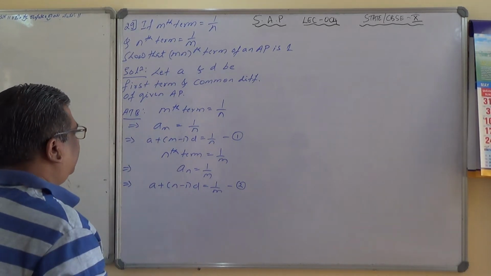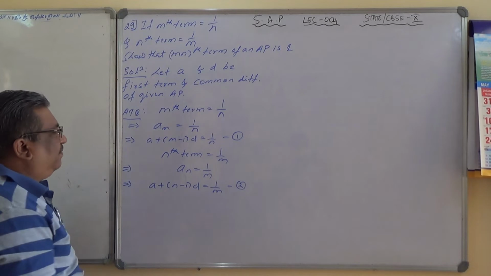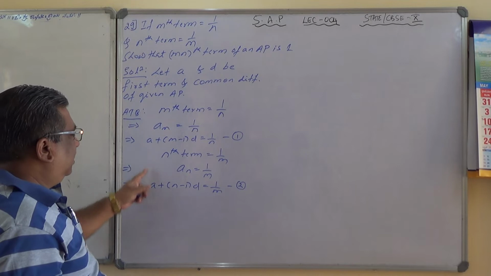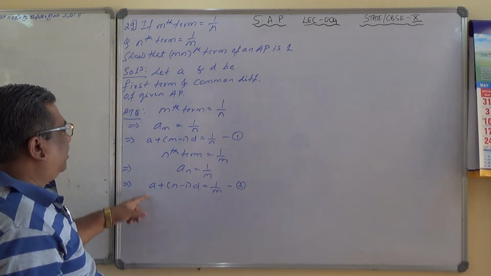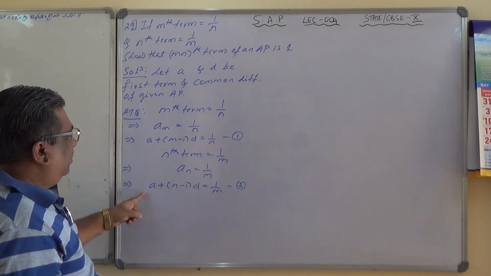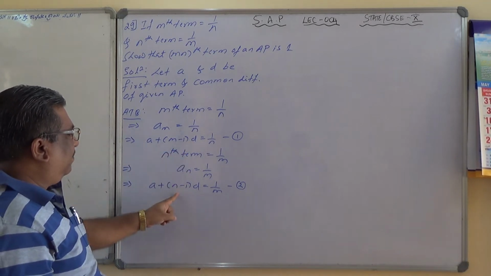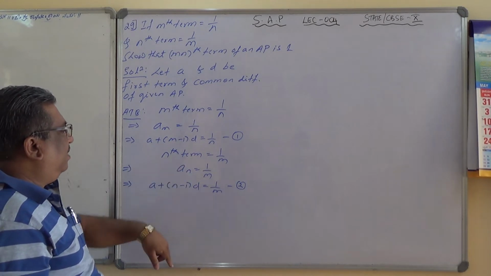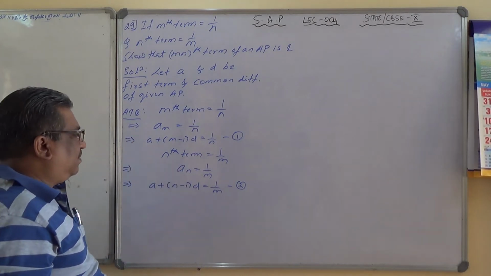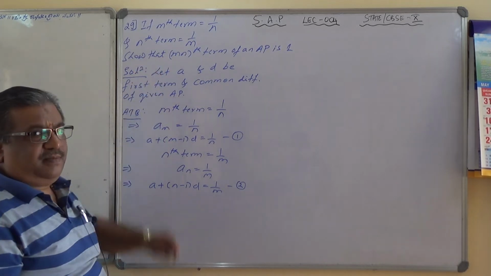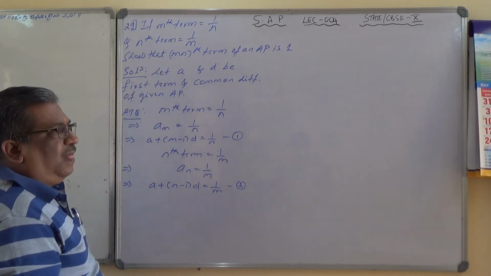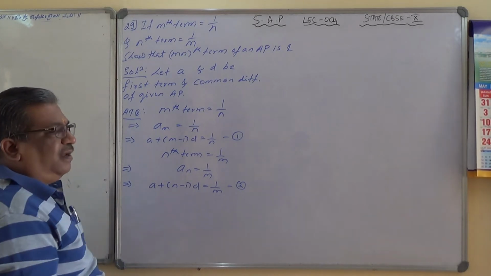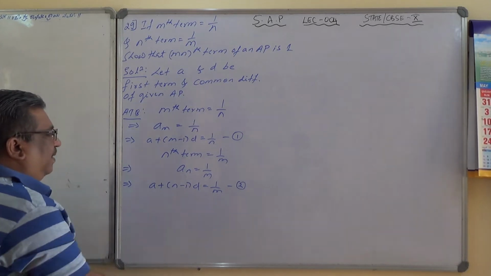Now what I will do here, in order to find out the common difference, I have two equations here, this and this one, and by elimination is it possible to remove a here and get d in terms of m and n? It is possible. So let me find out d here in terms of m and n. After that, let me find out a also in terms of m and n, and the mnth term is nothing but a plus mn minus 1 into d. So if I substitute the a and d values there, it is possible to find out. So let me work out now.